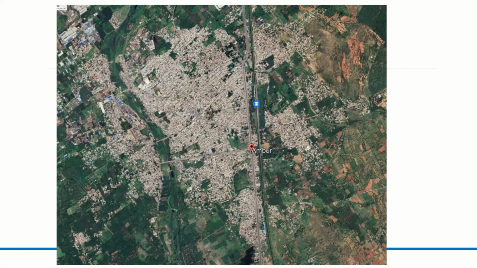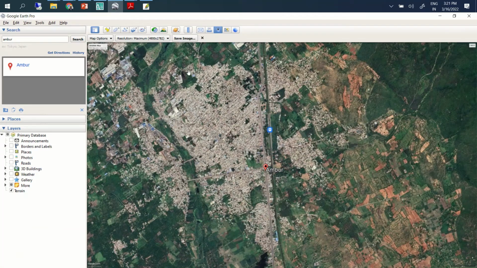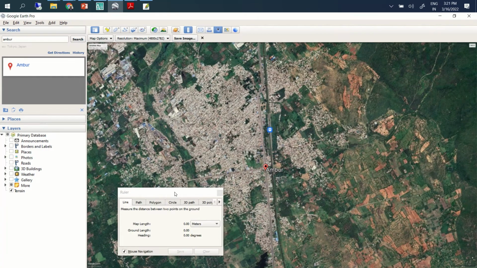Okay, so let's say we can also check the distance. It's almost 2 kilometers here, and here is 1.5 kilometers.